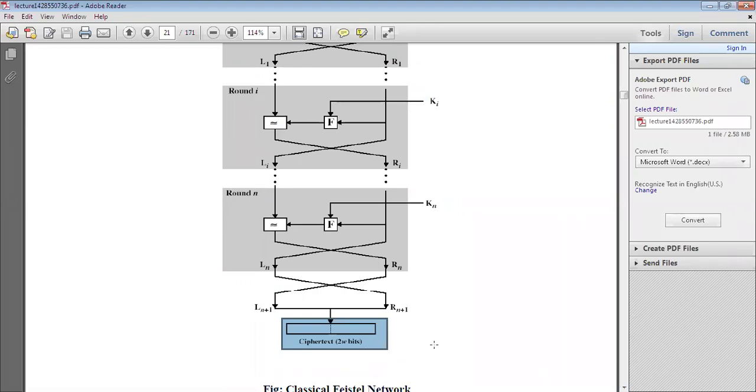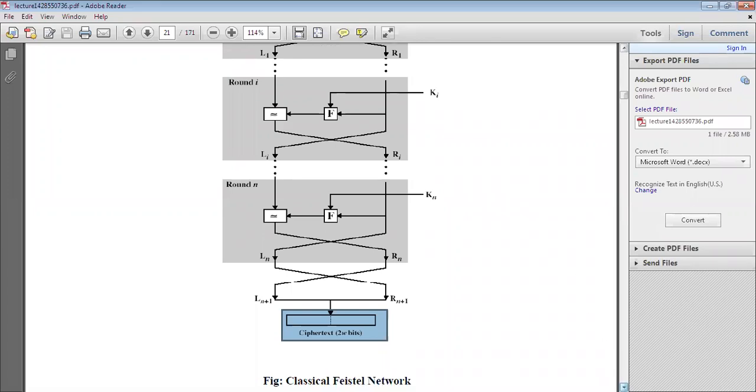The original plaintext is transposed, that means the letters are rearranged, and as the number of rounds increases the values change. The first time you get ABC, when sending you can write BCA, CBA. So that is simply represented as the classical Feistel structure.